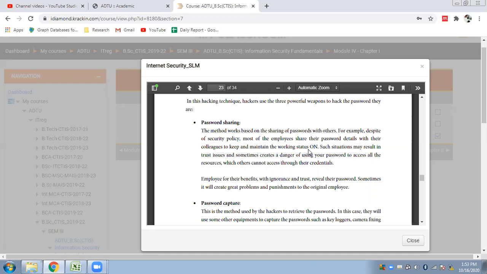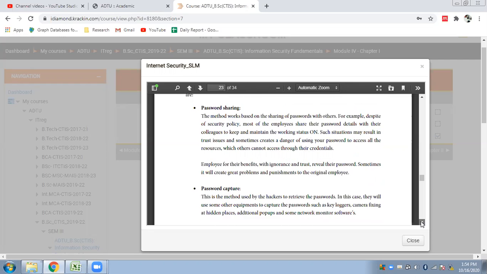Yes, we do in most of these cases. Such situations may result in trust issues and sometimes create a danger of your password being used to access all the resources which others cannot access through their own credentials. So employees, for their benefit, with ignorance and trust, reveal their password. Sometimes it will create great problems and punishments for the original employee.